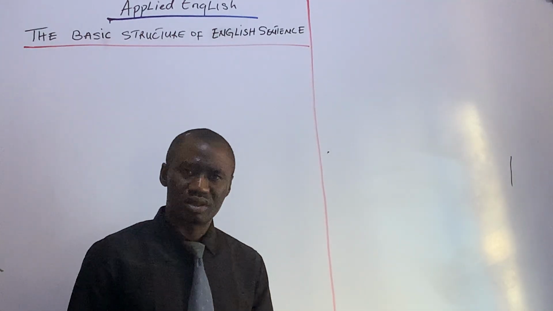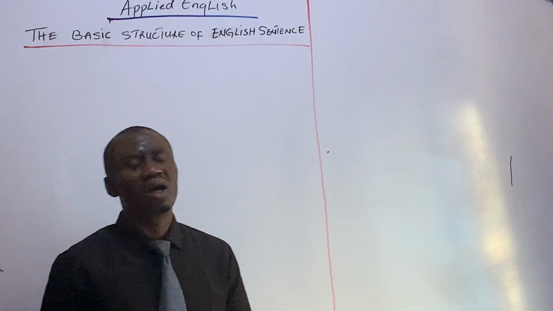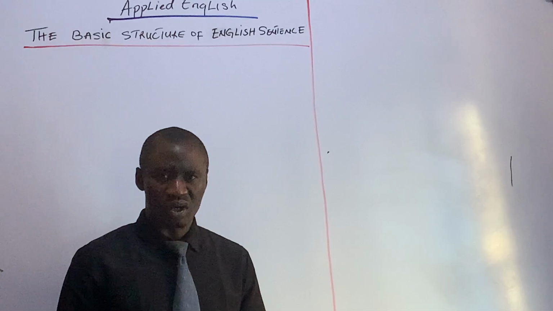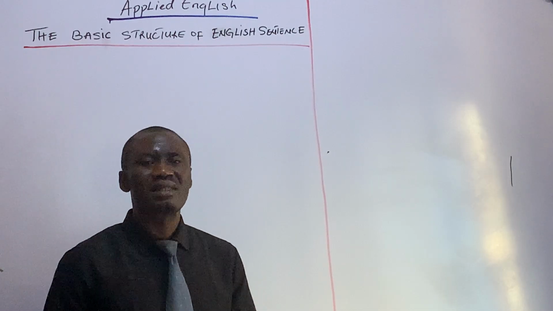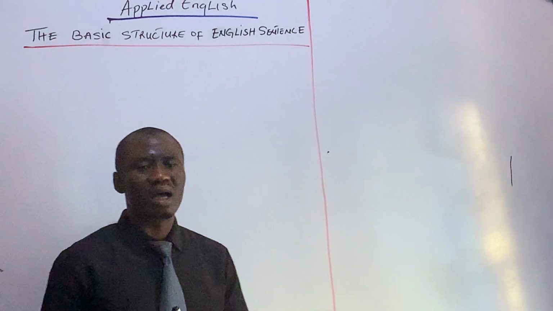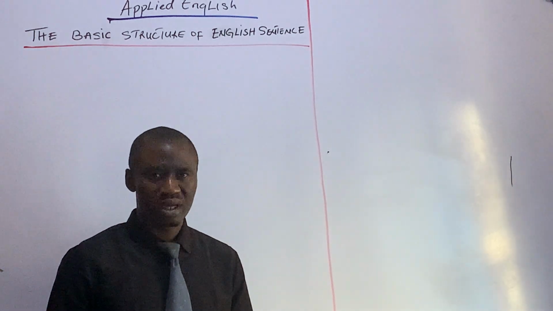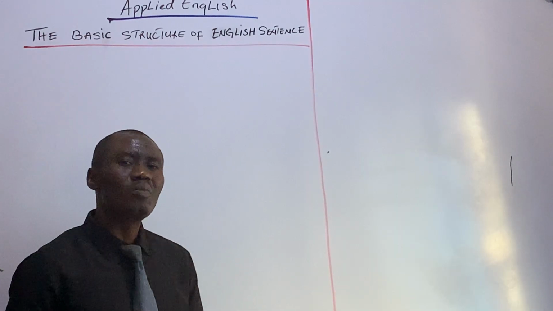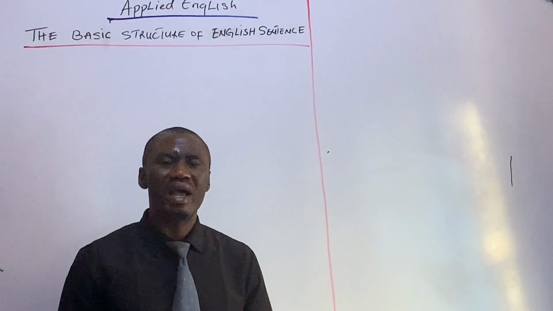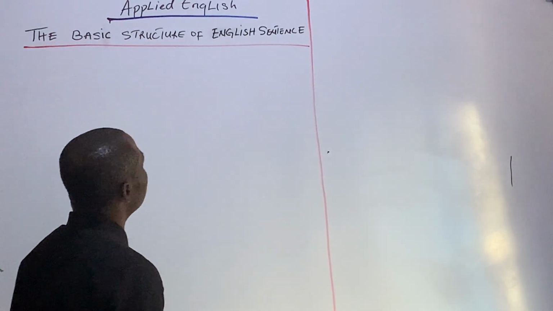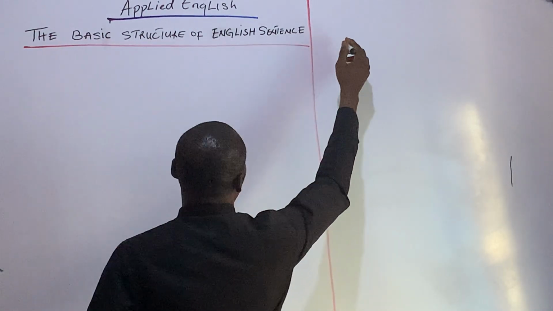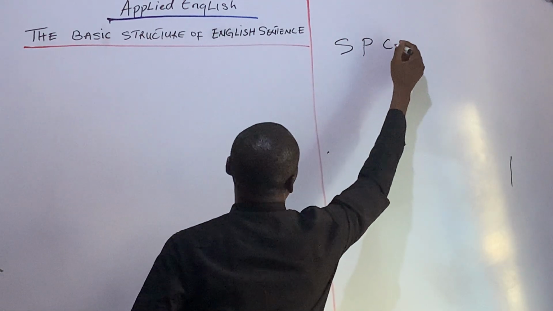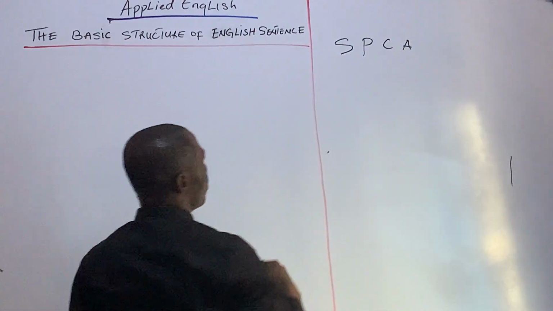What's an English sentence? A sentence is a group of words that express a complete thought or idea. I take that again. A sentence is a group of words that convey, express, communicate a complete thought or idea. Our English sentence has four basic elements: the subject, the predicate, the complement, and the adjunct, which we call